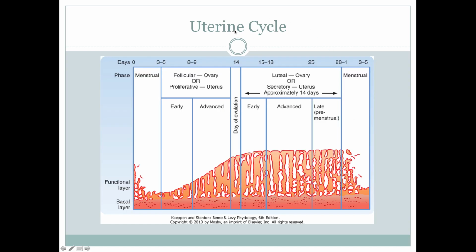Okay, the uterus has its own cycle. It's not the ovarian cycle. It is part of the menstrual cycle. So you'll still see these words follicular, luteal. So this still is going to begin in the onset of menses, day 0. And this is all about the building up, remember, of the uterine wall. It's going to get really, really big, and then it's going to slough off.